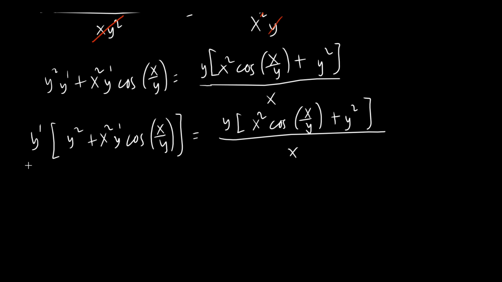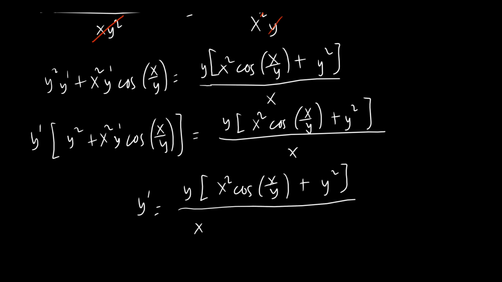So now we divide both sides by y squared, by this term. So the remaining will be like this, y prime is equal to, so just copy the numerator, x squared cosine x over y plus y squared,